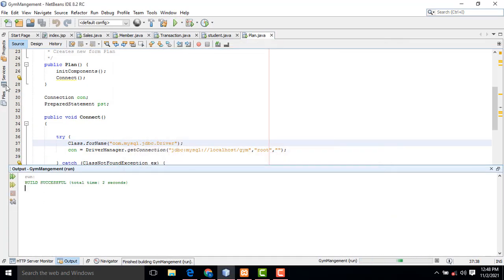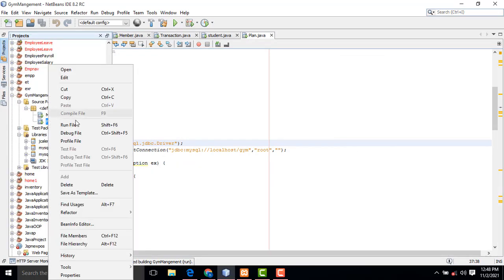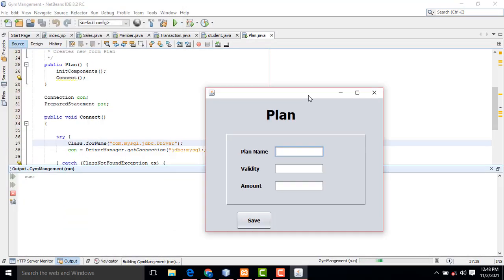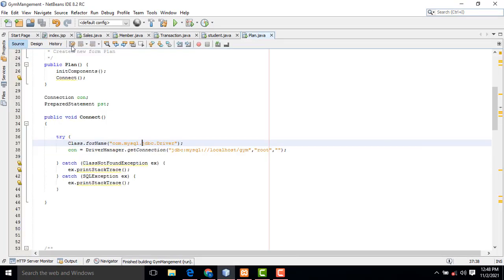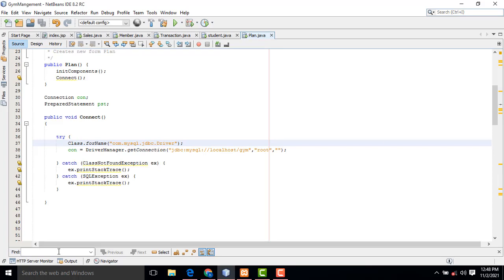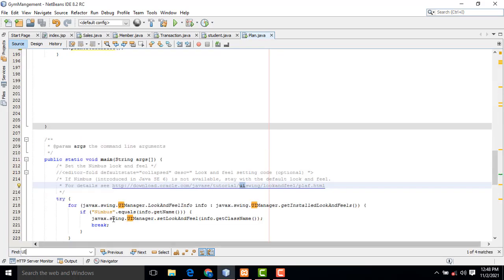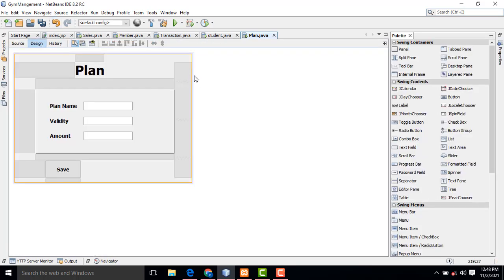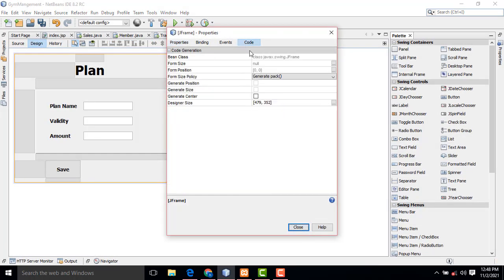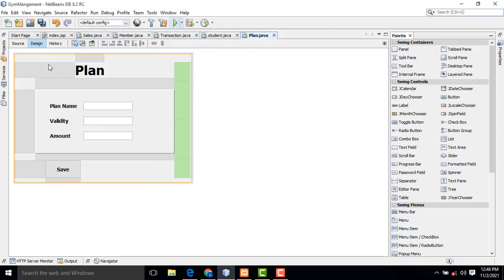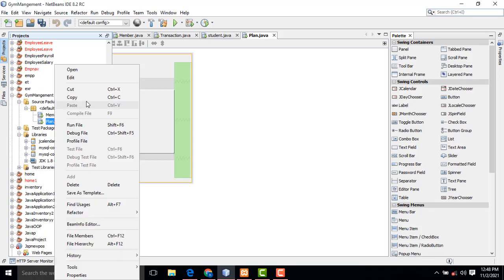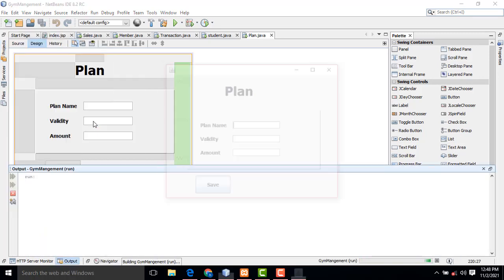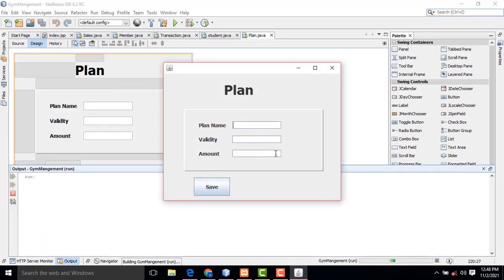Now I'm going to add the new record. So here this plan, run it. Okay, down here I'm going to add the new record. Before that, I'm going to select this one, source, Control F, UI, as a matter. You have to change it to that, and only it's the actual look and feel of the Java application. Center, right. Now right click and run the file. Now here it's perfect.